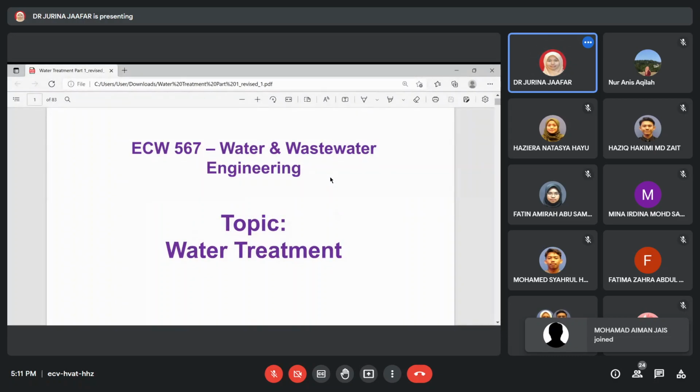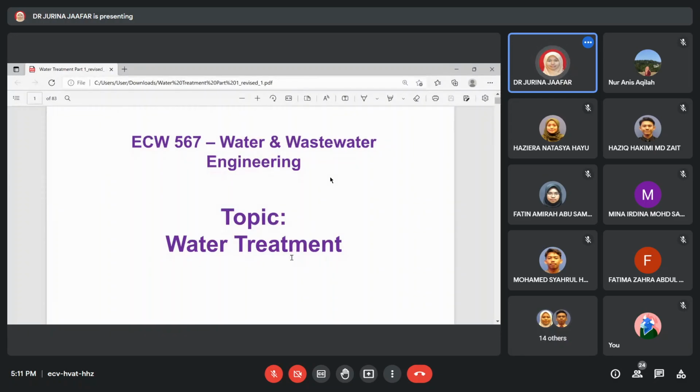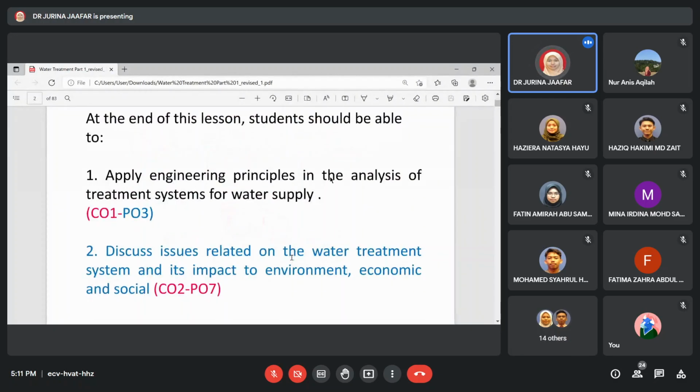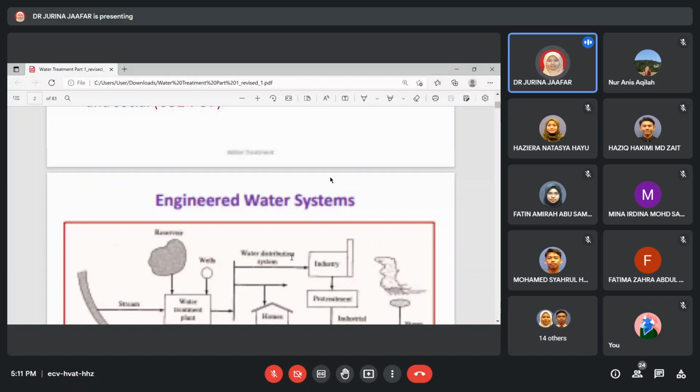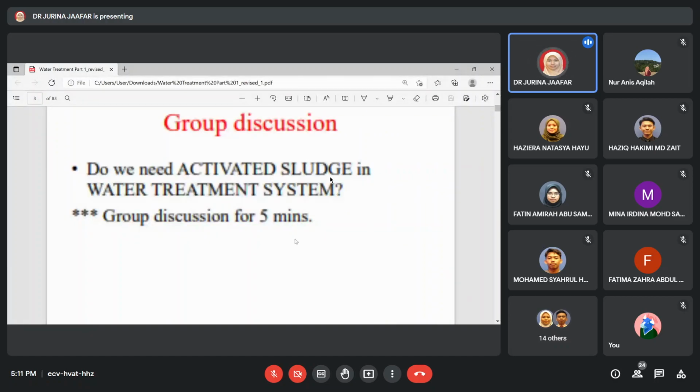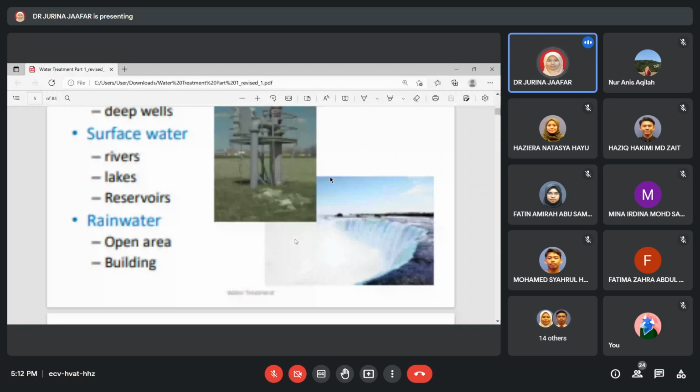Okay. So on the topic of water treatment, I will repeat again that here we will look into all the calculation and also what are the issues related to water treatment. Okay, nanti masa 2 jam kita akan back to this slide. Okay, so what we're going to see today,